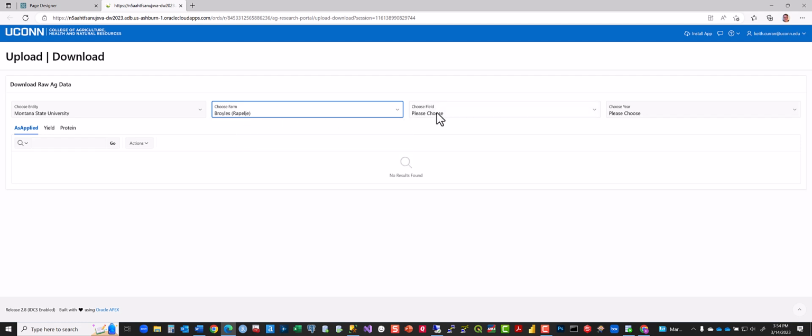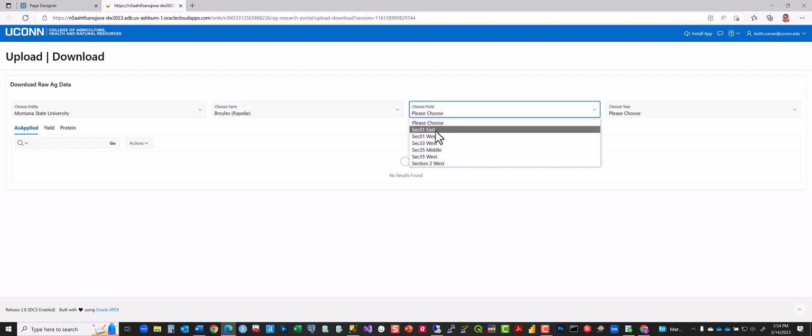And when we click on this, these are all cascading lists of values. So based on the farm we've chosen, it's only going to display fields that relate to that farm, but also we have to keep in mind it's also only going to display fields that belong to that farm that have actual AsApplied data in the raw AsApplied